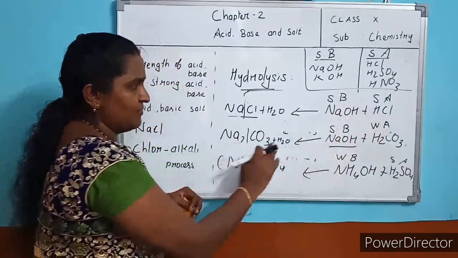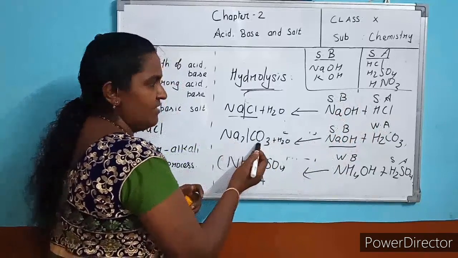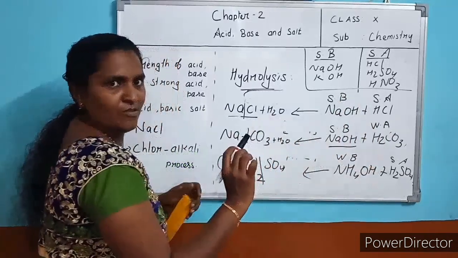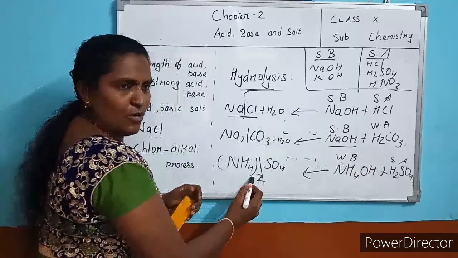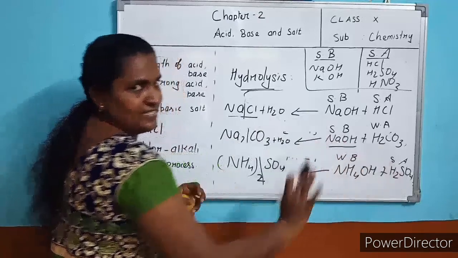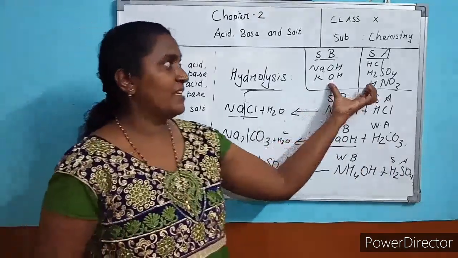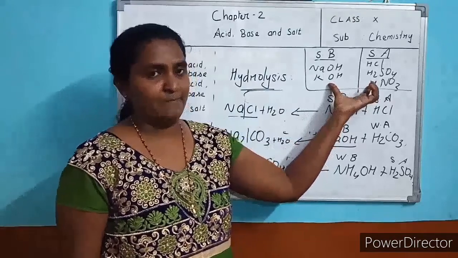And this salt also, what is added? This is a base. First one is base, OH add. Second one hydrogen add. Okay, carbonic acid. This is OH add, this is acid, because the salt is formed by base and acid. Now look at this. Now you have to keep these 5 compounds in mind.